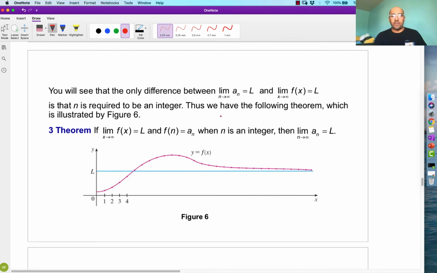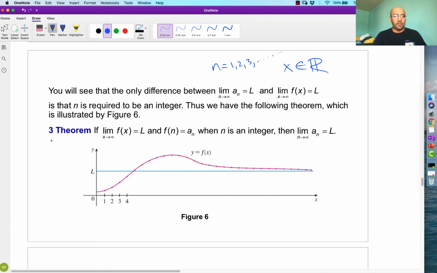Right? So remember, the only difference between these two is that here x is a real number. X is an element of the real numbers, whereas here n is an integer value. Sometimes we use capital I to mean integer. Sorry, it's a natural number, counting number. So n equals 1, 2, 3, and so on. Right, so that's really the only difference between these two functions. So here, the continuous red graph is the f of x, whereas the individual little points on that graph are the a sub n values.